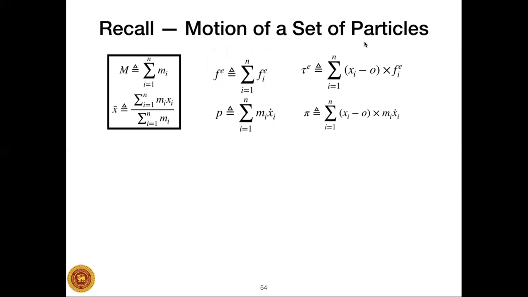And so this is by definition then the force moment acting on the particle about point O, and